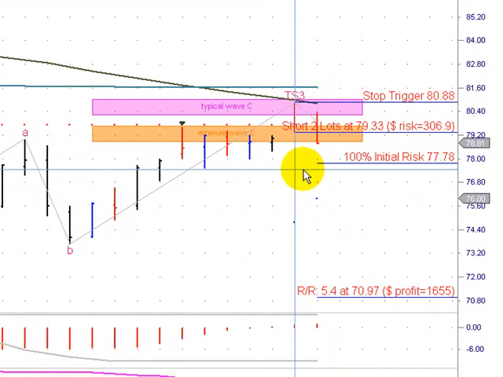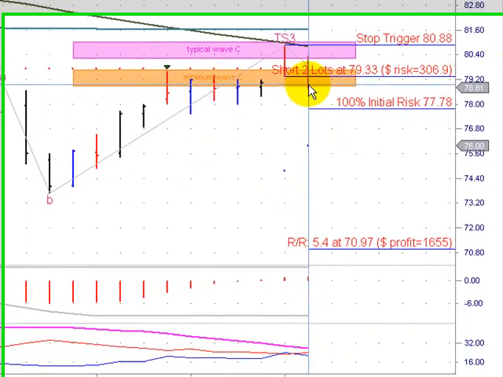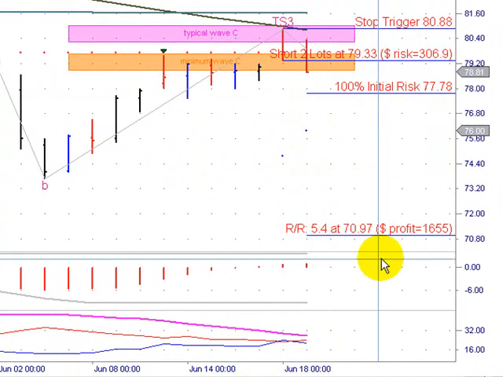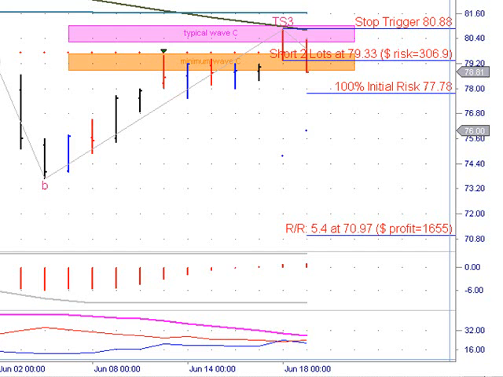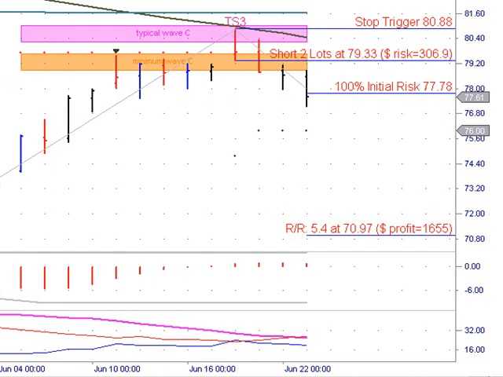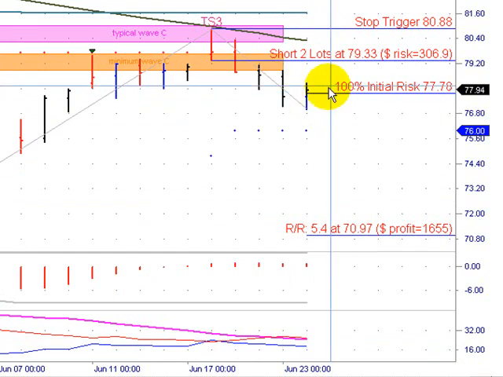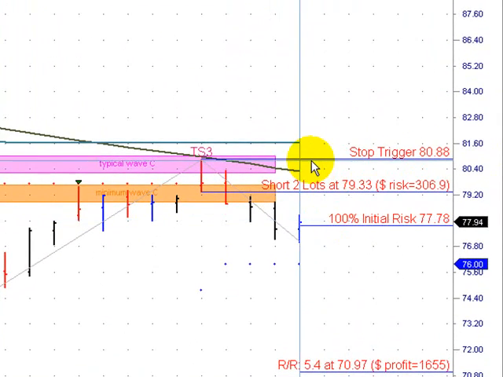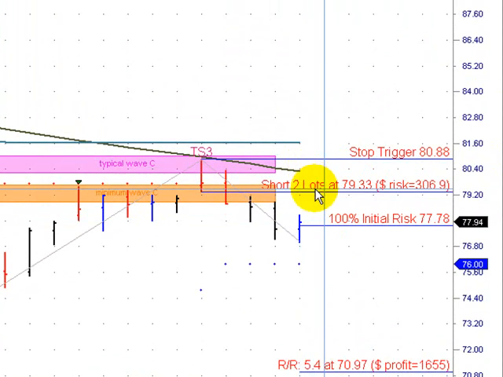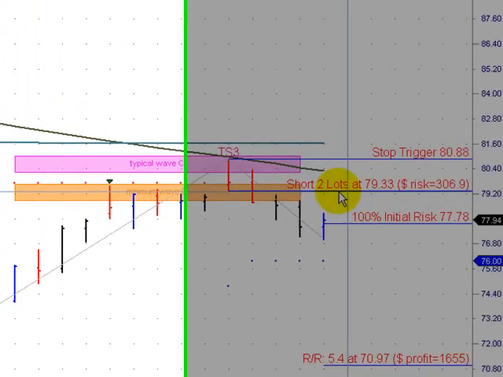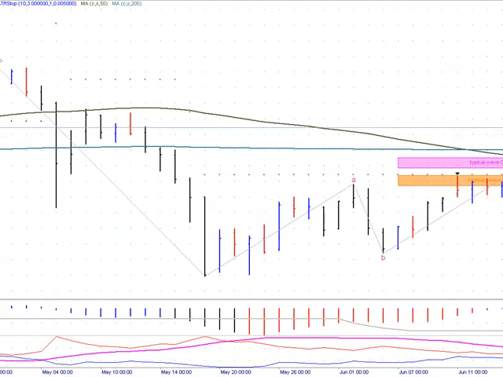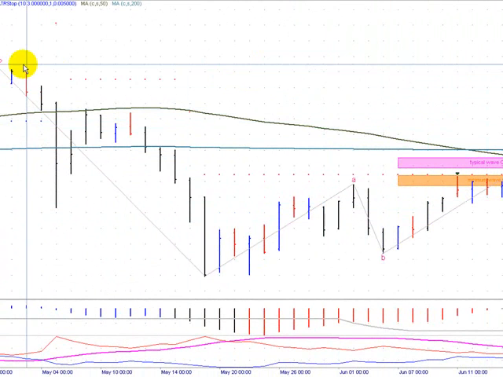And later on Monday, the S&P also followed suit and triggered short that same setup here, and you can see that we get the fall through down to the 100% initial risk area, where you want to be moving your stop down to the entry. And at this point, if we look at some Elliott wave analysis,